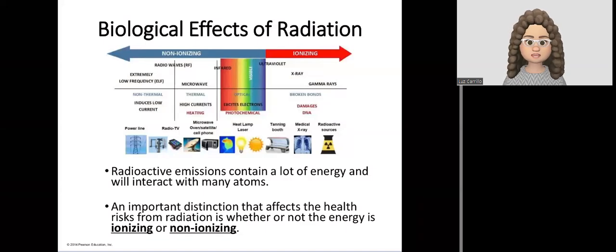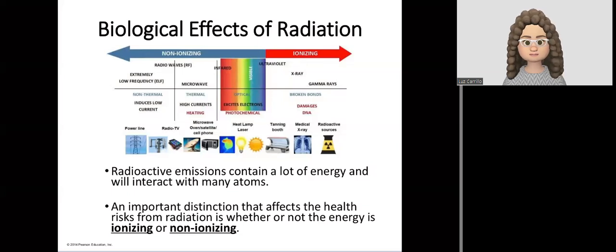In this video, we are going to finish the concepts of chapter 2. We will first look at the biological effects of radiation, and then we're going to proceed to look at radiation protection. Radioactive emissions contain a lot of energy, and they will interact with many atoms. The way that they affect health depends on the type of radiation that a particular person is exposed to